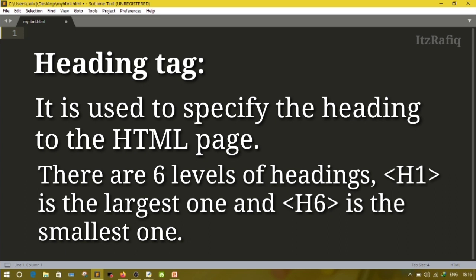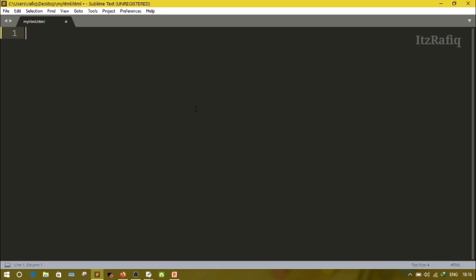There are 6 levels of headings in HTML. Headings are mainly used to give headings to a page. You will get 6 types of headings in HTML, H1 till H6. H1 is the largest one and H6 is the smallest one. For example, suppose we have a page